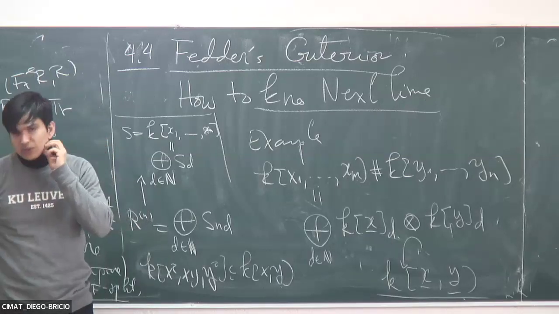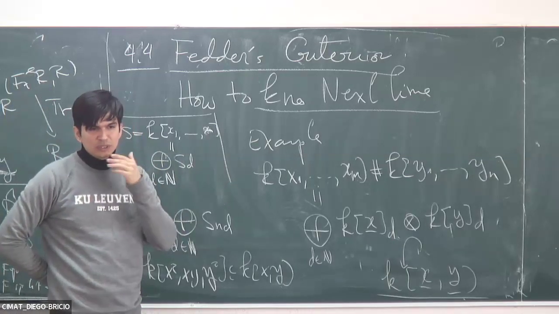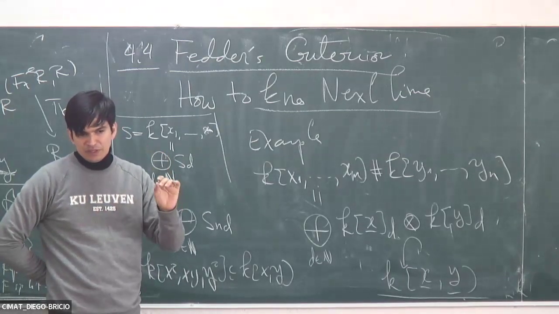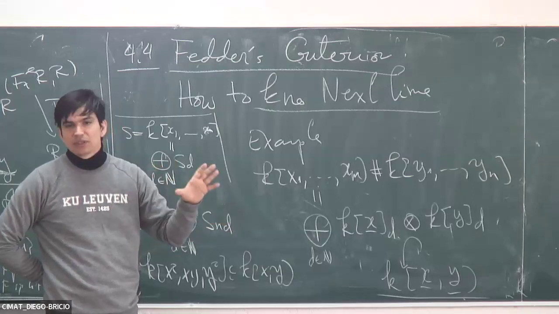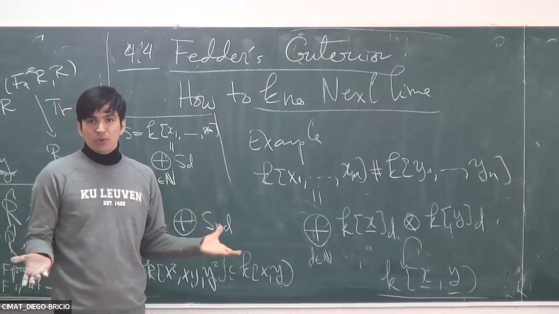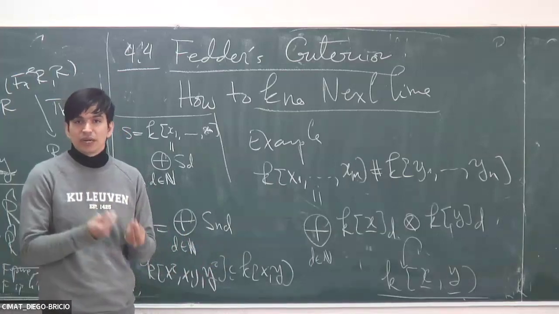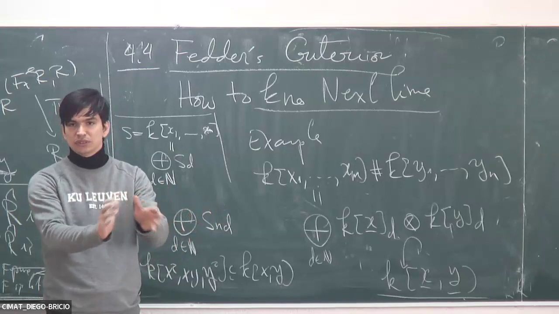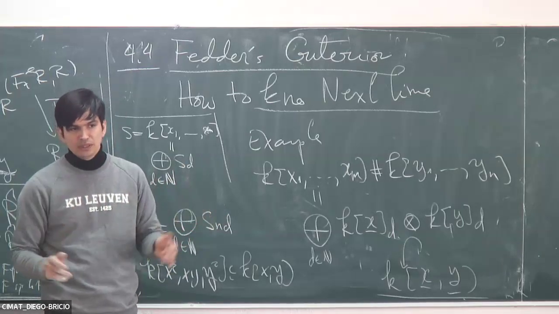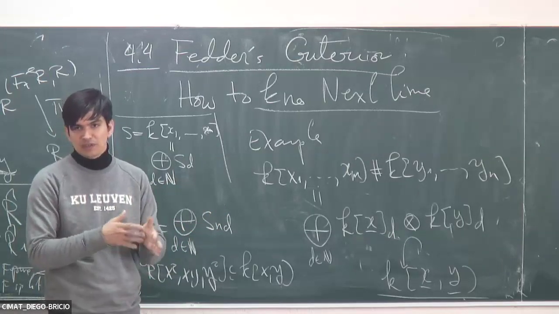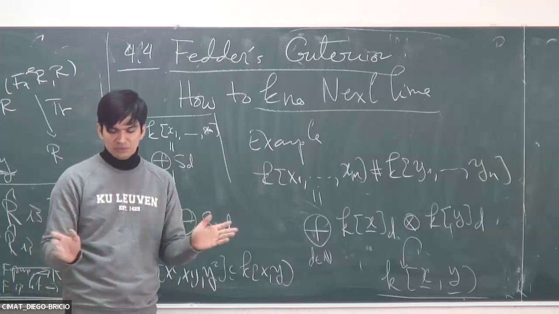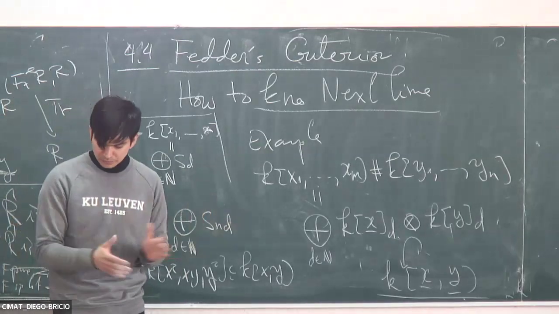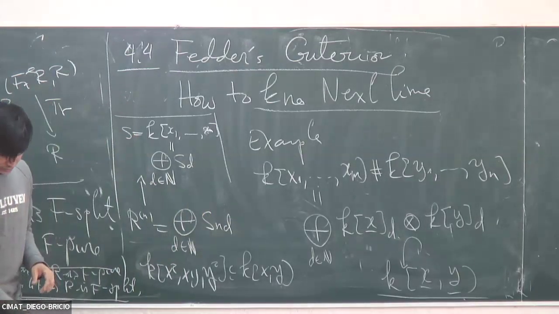So any questions? We can stop here, I think. Next time we're going to study Fedder's criterion. We're going to prove it, and everything's going to be great. I hope the point of Fedder's criterion is going to tell you in practice how you check if a ring that is presented to you as a quotient of a polynomial ring is F-split or not. And then you're going to have a very beautiful characterization that you can use to tell you how rare or how common F-purity is. Okay, so